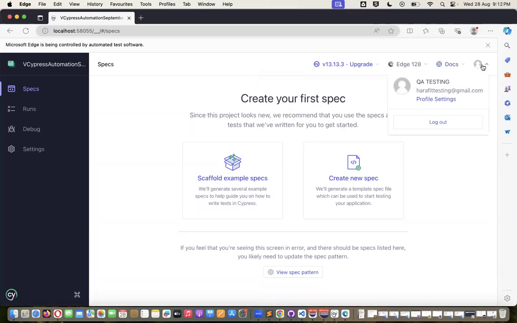And on the right hand side, we have something which you guys will not have with this name. Basically, you need to create an account on Cypress Cloud, with which your Cypress will get integrated. It's a one-time activity; once you do that, after that you will directly navigate to the screen. Now over here, guys, what we will do is click on scaffold example specs,